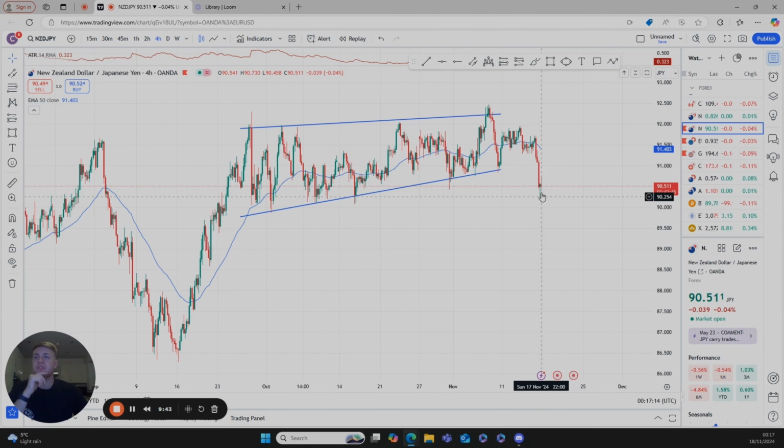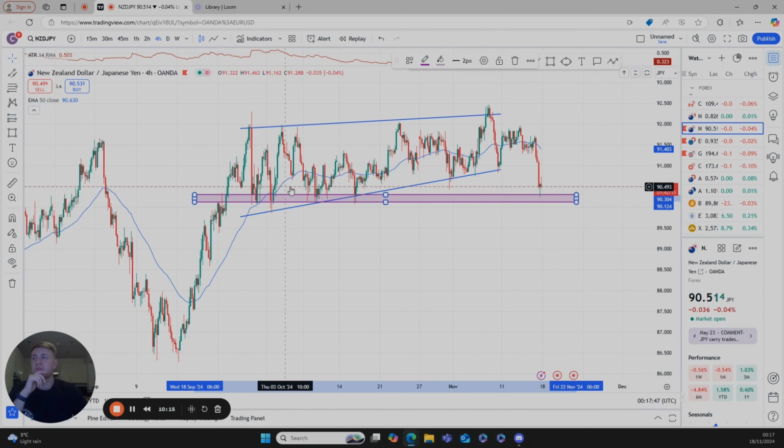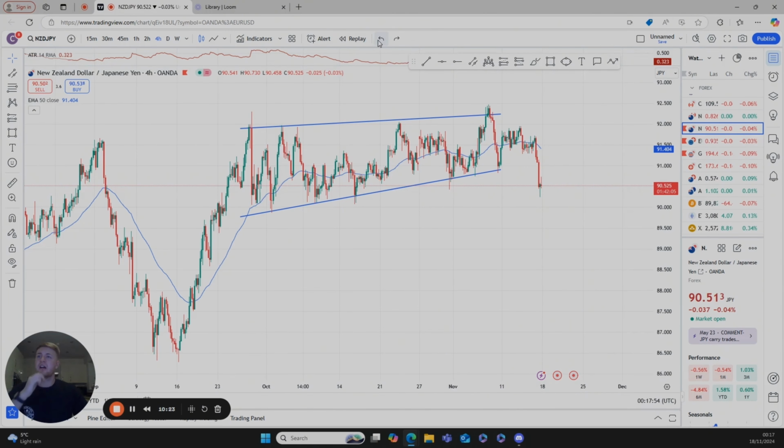Last week, I still think I could probably enter them and push them down, and they will push down further, but we're not going to make unnecessary judgment calls and have FOMO, because there's a possibility it still could push to the upside. If we look across, there is some area of interest there, or support, where it has all come down and pushed back up, so it could go back up. But yeah, I'm a bit annoyed with those two.